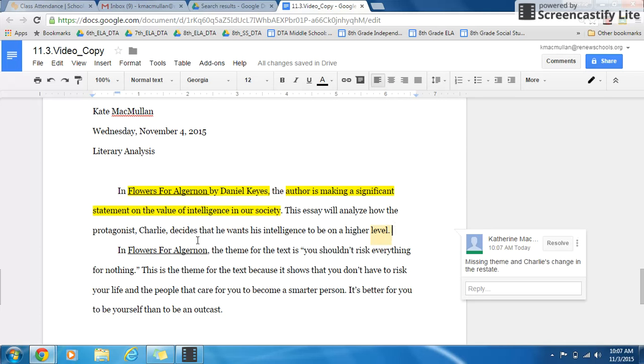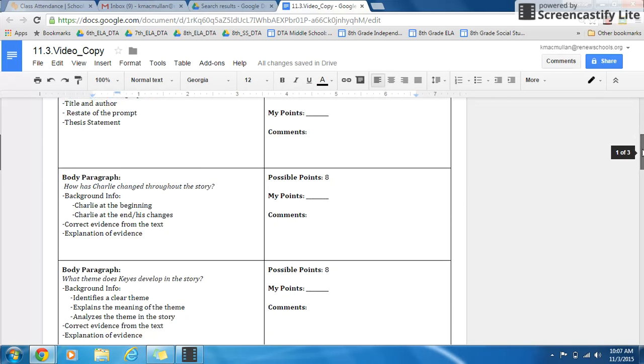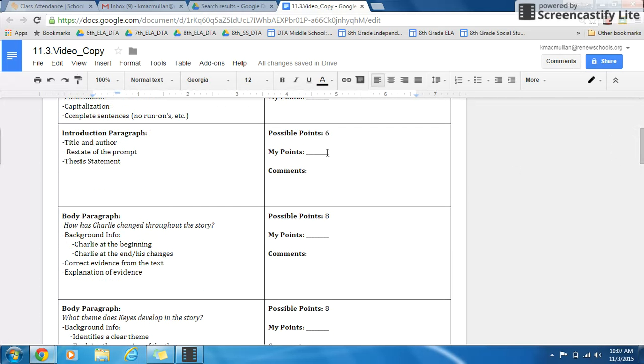It will also analyze the theme, or this will also show the theme of this, or this will also develop the theme of whatever it is you're looking for. But it's important that all parts of the prompt are addressed. So I would give this introduction paragraph, which is also out of 6 points, a 4, and comment that it's missing theme and change in,